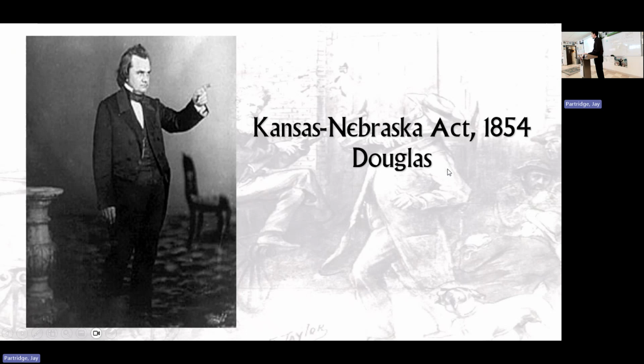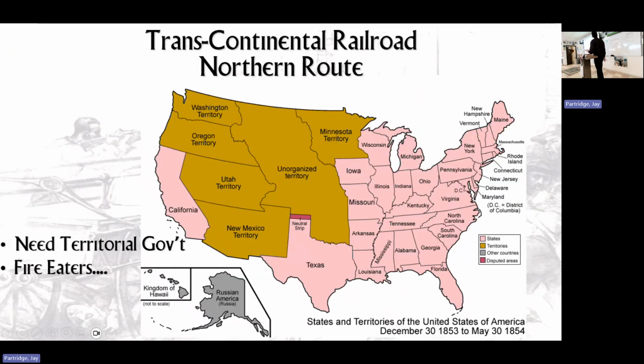Stephen Douglas, he's a Democrat from Illinois. And what he wanted, the last thing for today, is a transcontinental railroad, a northern route that would start in Chicago, which he would not only benefit politically, I got the railroad, but financially because he owned land in his hometown of Chicago, and that's where the terminus would be. But this is not like a true transcontinental railroad from sea to sea. There's already railroads going into Missouri by this time. So it would connect with the railroads here and go to the Pacific. This was the northern route. I know it doesn't seem that north to us.